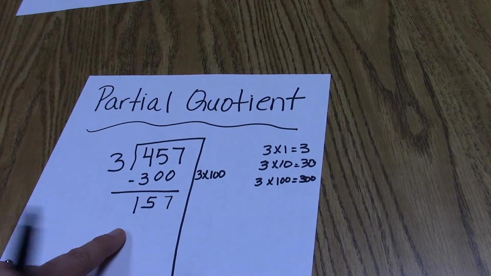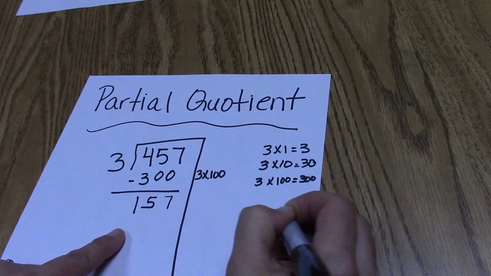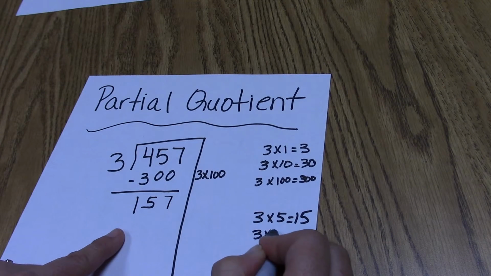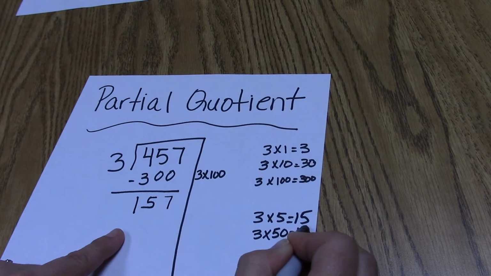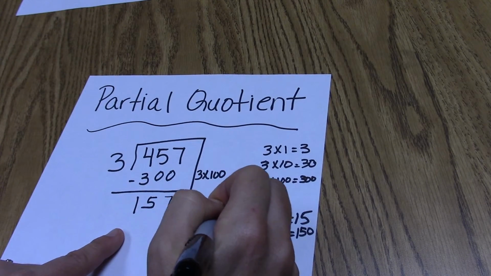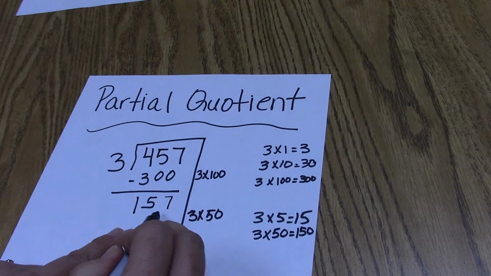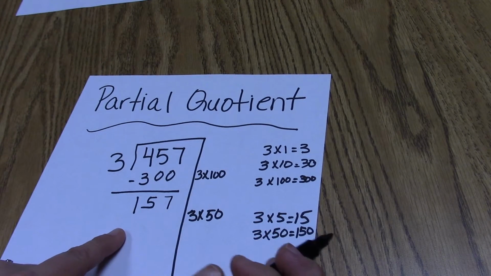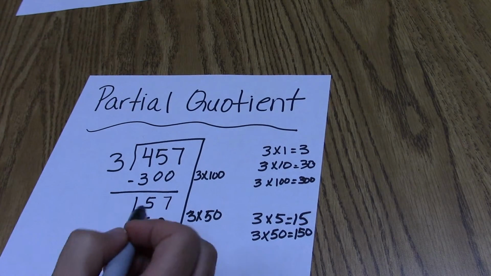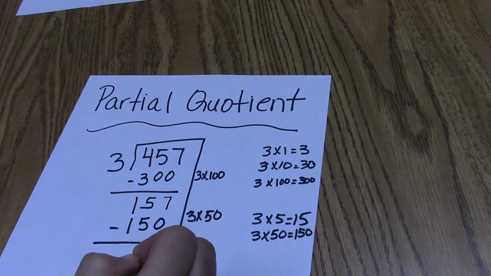But if I know that 3 times 5 is 15, I also know that 3 times 50 equals 150. So I'm going to go ahead and subtract out that nice big chunk because that's really close to 157. So I'm going to subtract 150 t-shirts out of the 157 I have left, which leaves me with a nice